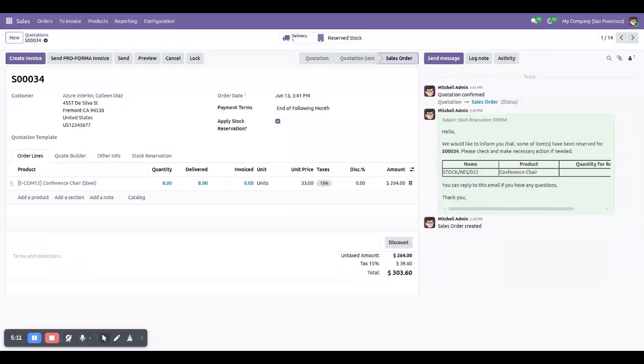After reservation, the stock will be kept and reserved in the system for visibility to all departments, and this ensures the stock is locked for the confirmed order. Stock gets released back automatically when you cancel the reservation. Now here we have another option.